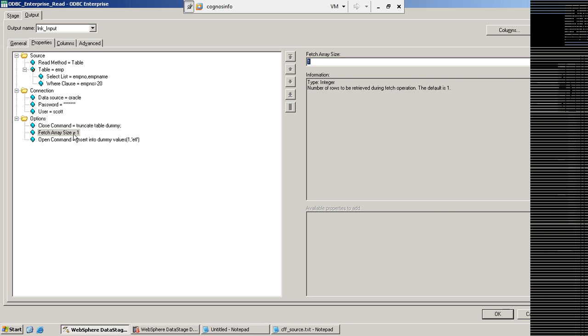Here, fetch array size is something like, now you are using this particular ODBC enterprise read. That means it is reading something from the database. So internally, how is it going to read? Some buffer space should be allocated, right? From our DataStage end also, some buffer space should be given so that it accommodates the input records. Whatever data is being read from the database should be placed into some temporary space